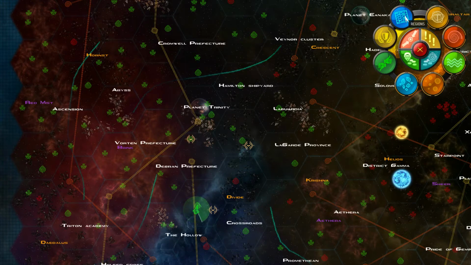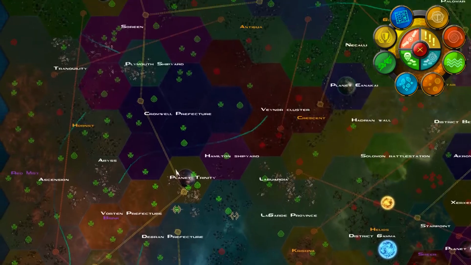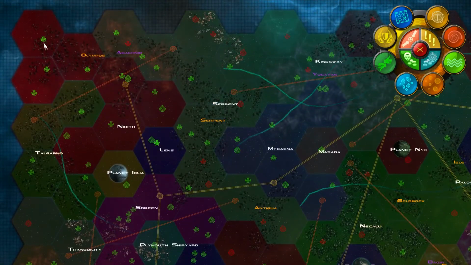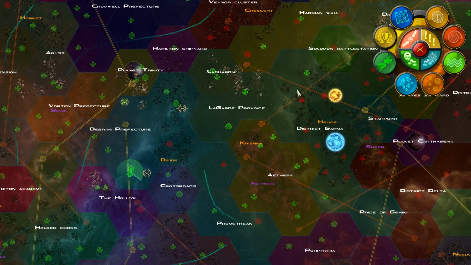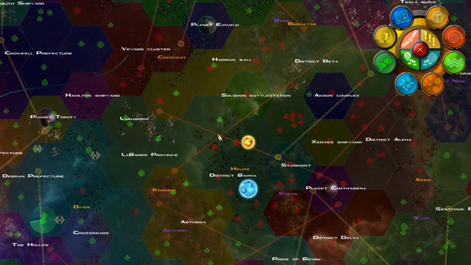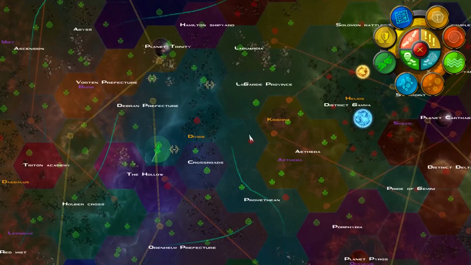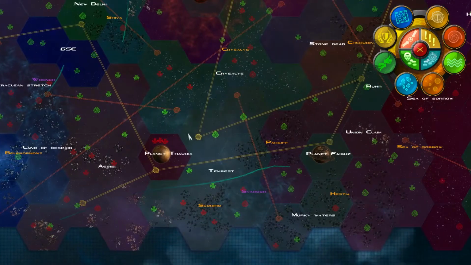First is the regions map. Clicking this will give you a nice colored guide of all the different regions. All the colors mean is that these are separate regions, not their affiliation to you or anything of that nature. Some regions, sadly, share a close to similar color, so if you're like me, you won't be able to tell the difference between Lagarde Province and District Gamma. But other than that, yeah, it's a good way to give you an idea of where all the different regions